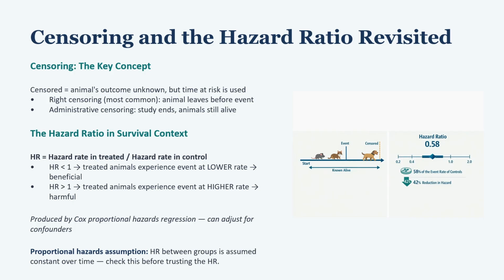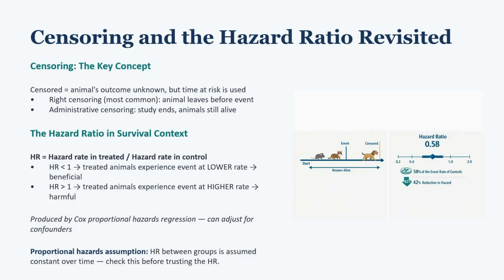might confound the relationship. An HR of 0.58 in a cancer treatment trial means treated animals experience the event, progression, or death at 58% the rate of control animals across the study period. That's a 42% reduction in hazard. With a 95% confidence interval of 0.38 to 0.89 and p-value of 0.012, this is a statistically significant and clinically